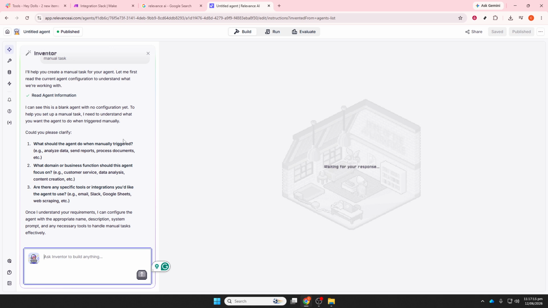Before launching, test common questions like onboarding steps, time-off requests, the location of the employee handbook, or travel reimbursement rules. Review the responses